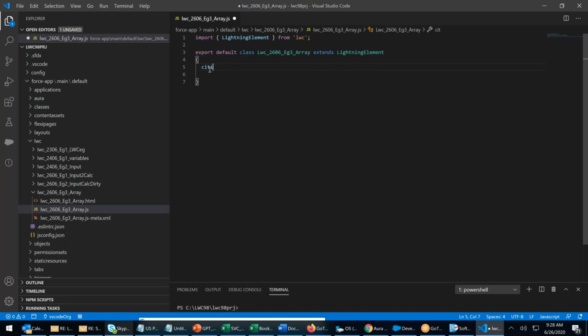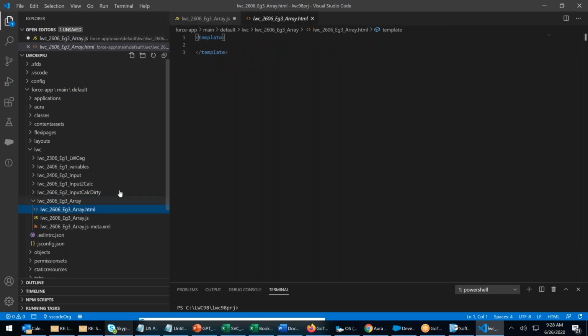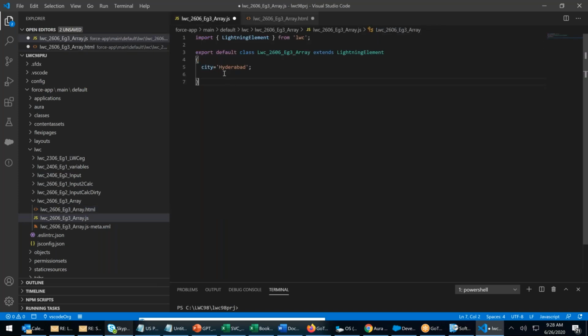If I say city equals Hyderabad, I can directly use this city here in my component, nothing but the template. How can I use it? Just like that, city. I can directly use Hyderabad. Now I have more than one city. I'm saying cities.